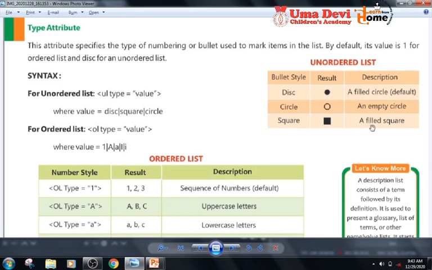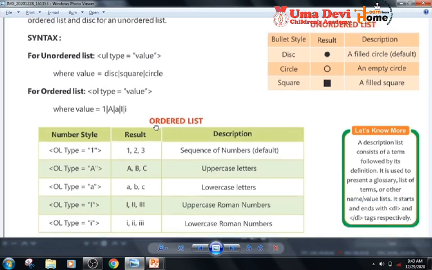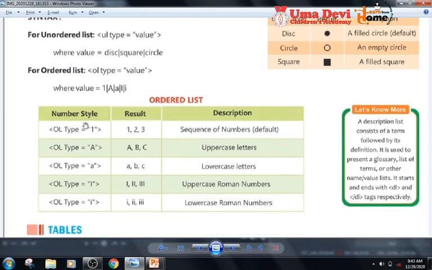Circle, an empty circle. Square, a filled square. For an unordered list, if we type ul type equal to value, where value is equal to disk, square or circle. For an ordered list, ol type is equal to value, where value is equal to 1, capital A, small a, capital I or small i. So for an ordered list, look at here, ol type equal to 1, so the result is 1, 2 or 3.